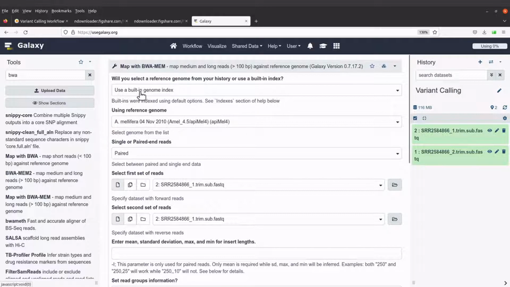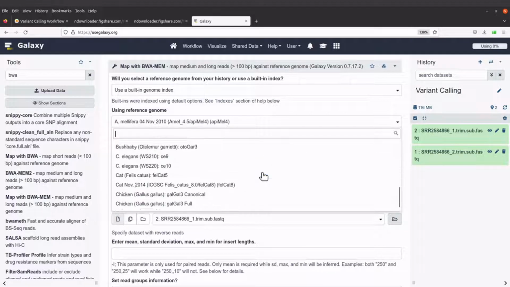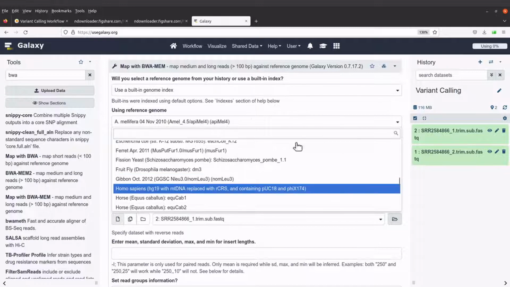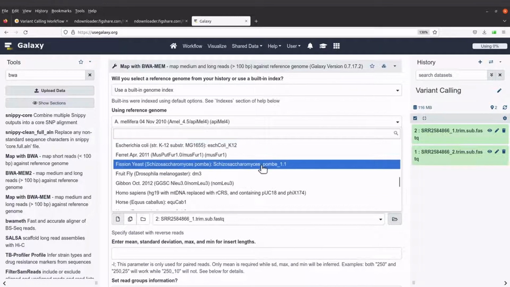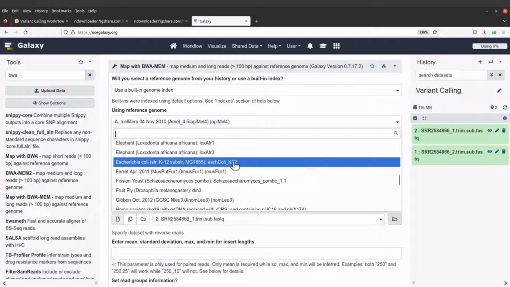So here we have use a built-in genome index. That's what we are going to do. So we will maintain this. When we come to the reference genome, we will select the E. coli one. So let's click it and then scroll down to search. You can also type, by the way, but I prefer to scroll down and then get them. So we'll use this one here, the E. coli strain K12. So select it